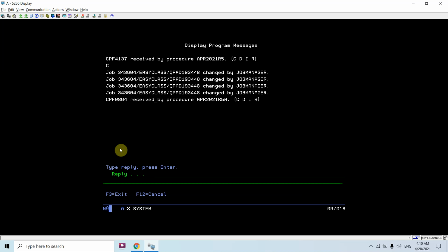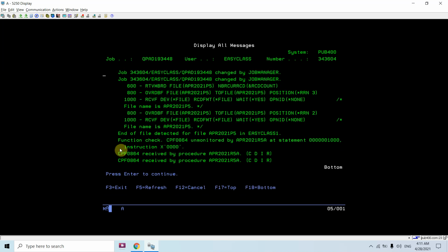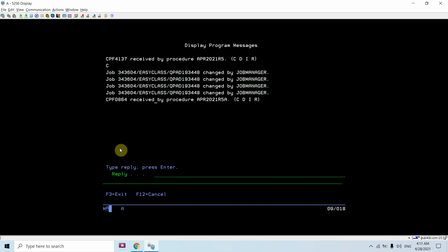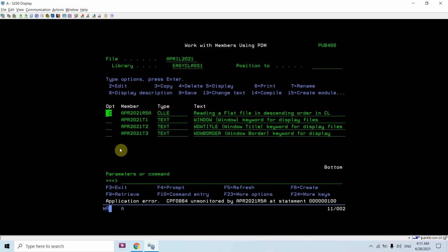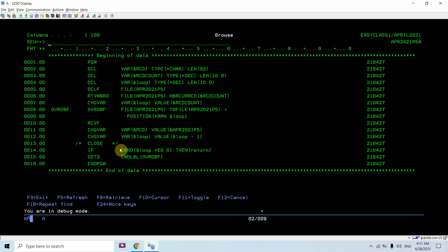You were getting CPF 0864 because you have not closed the file and you are trying to reset the pointer again using the overdbf command. So if you want to reset the pointer of the same file in the same CL program, you have to close that file. That's what I was showing, that you will be getting this error.